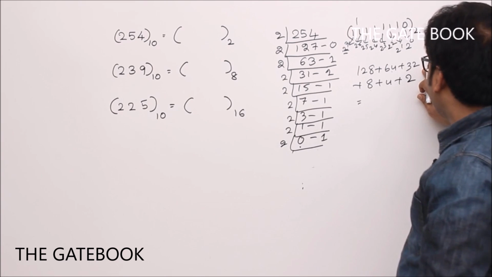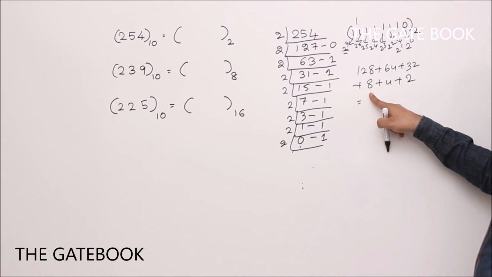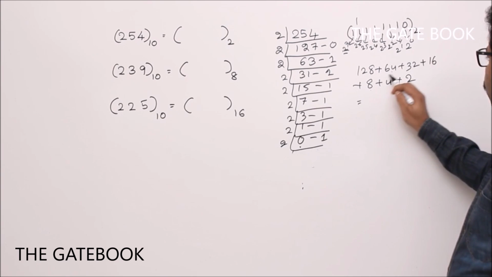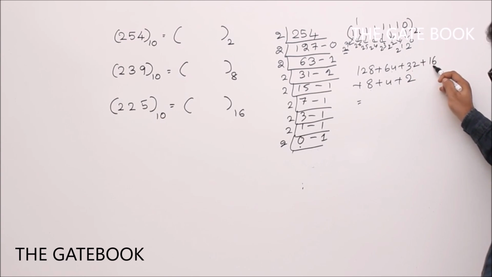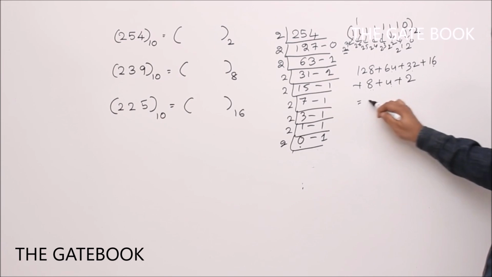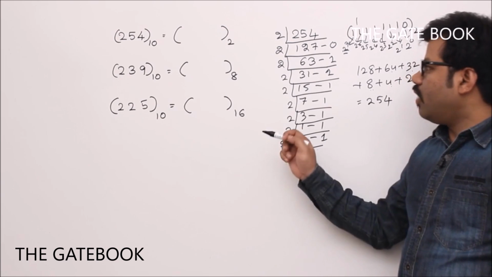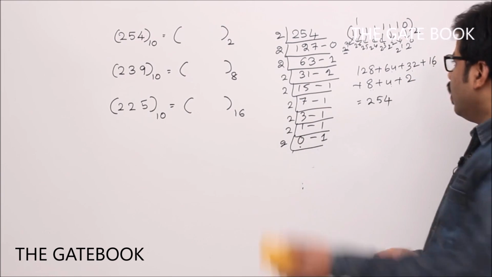224, 224 plus 8, we have missed 16 also, right? So it would be 192, 224, 240, 248, 252, 254. Yes, so we got it back. So this conversion is right. In that way we can convert decimal to binary. Let us see